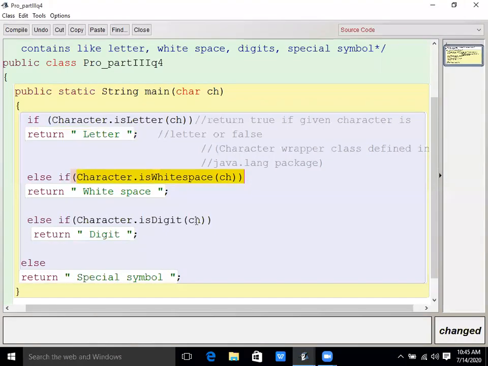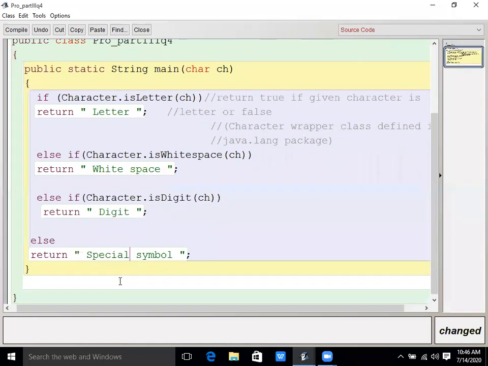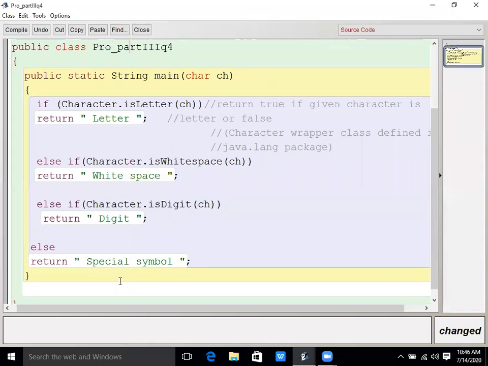Okay. isDigit is the method used to check whether the given character is a digit or not. If it is a digit, then it will return true, otherwise false. If the condition is true, then it executes return digit. Okay, otherwise, if the given character is not a letter, not white space, not a digit, then obviously it will be your special symbol. Okay, understood?